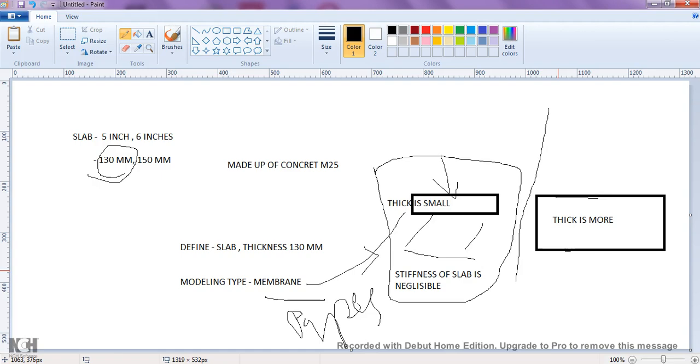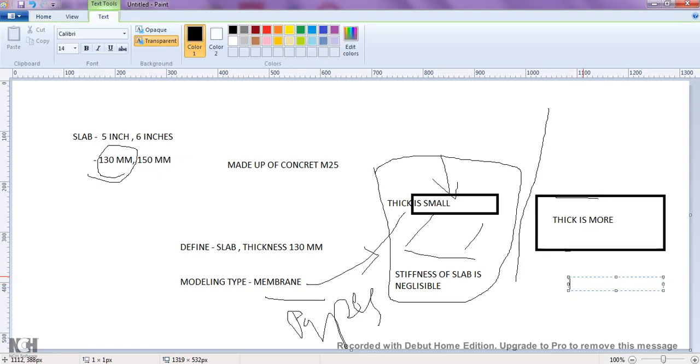So in this case, the stiffness is accounted for. If the thickness of the slab is more, the stiffness can be accounted for. If it is less, we can consider it as membrane.